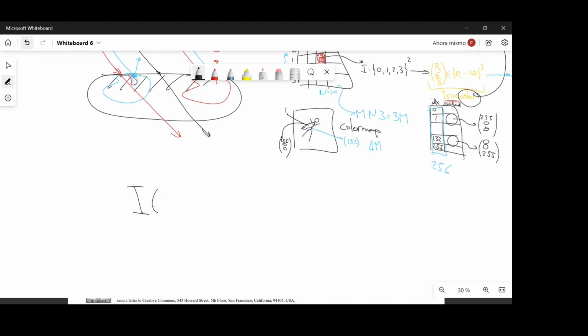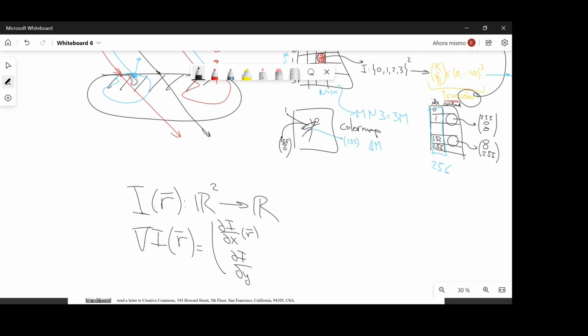So this is I of R, and R is in R squared. Now we will compute the nabla of I. This nabla is the derivative of I with respect to x, evaluated at R,